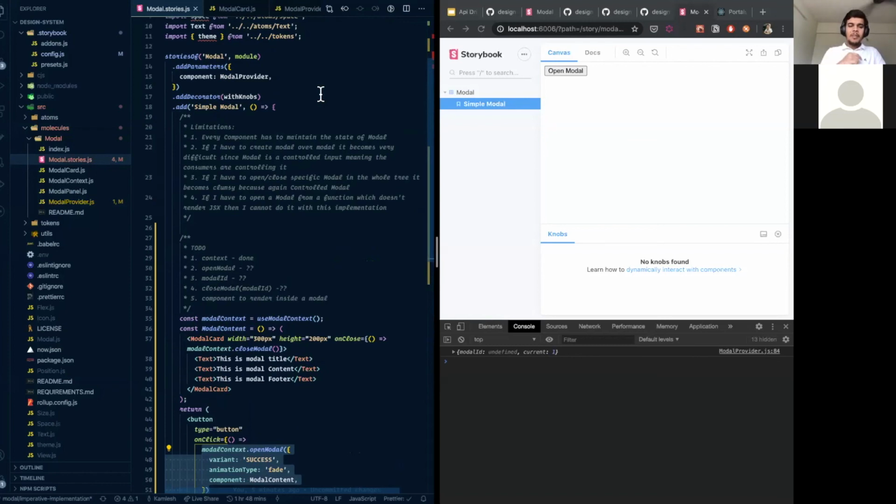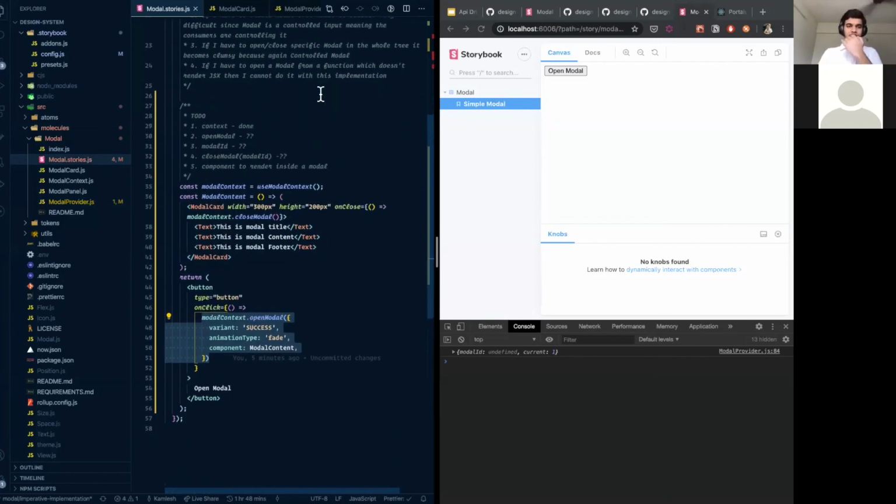Now once you have come up with the set of APIs, don't just go ahead and implement it first. Put it down in front of your eyes, and first write down how it will look, how your consumer will utilize it, right? Once you have that fair idea, this is the exact state I want, then you jump into the implementation part of it.